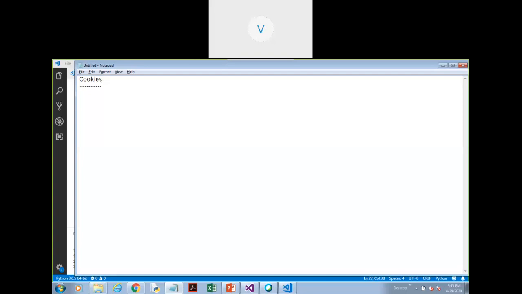Okay. So first, let's understand what a cookie is. Cookies are small bits of information stored on the client's machine. So we have some small amount of information which we are going to store on the client's machine.